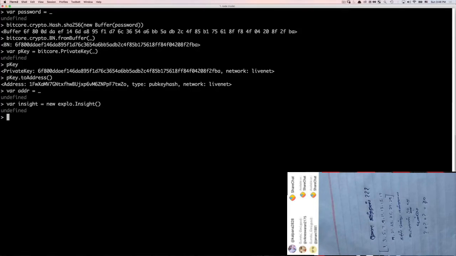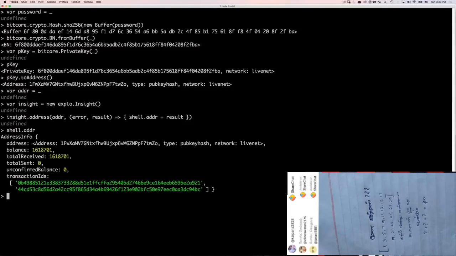Right now, I just have an address, but no way to actually talk to the live Bitcoin network. So I'm going to need to connect through one of BitPay's hosted Bitcoin nodes. First, let me just stash this as a variable so I can use it later. And then I'm going to instantiate a new instance of BitPay's Insight API. So I'll do var insight equals new